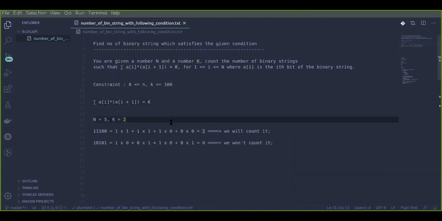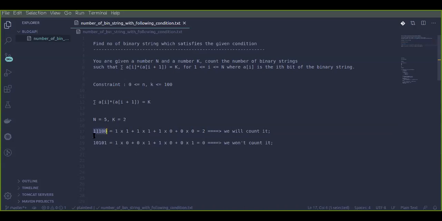Cool. So let's take an example here, n equal to 5 and k equal to 2. In this particular example, let's say that we have this particular binary string.